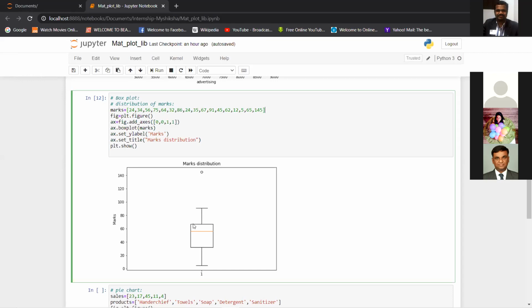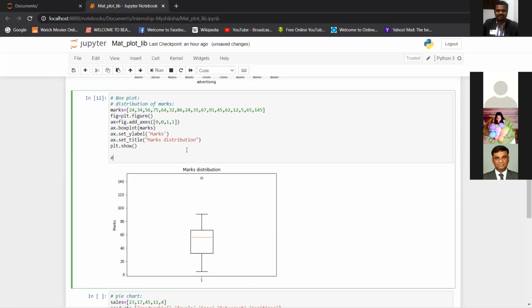If you say the 25 percentile value is Q1, and this box ending is Q3, then the interquartile range is calculated as Q3 minus Q1. The value which is the maximum is calculated as Q3 plus 1.5 times the interquartile range, or IQR.